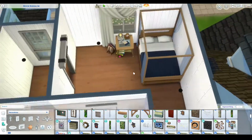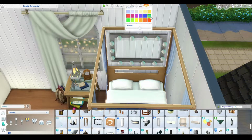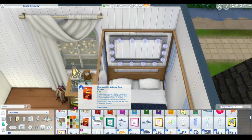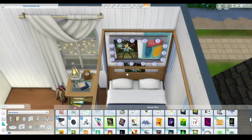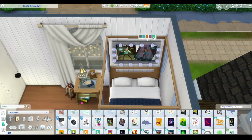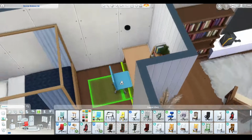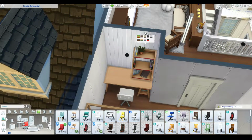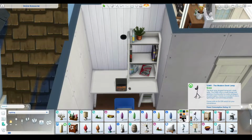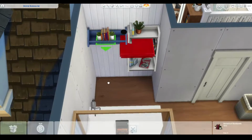But I like how this came out. It was very cute, but it almost feels like, I don't know, I vibe with this room. I would live in this room, honestly. But, yeah, so I put lots of posters in here, and I originally wanted them to be in photography, and then my partner suggested one of the kids is a book nerd. I was like, oh, perfect. I'm really into books right now. Why not? So, yeah, I had fun just putting a lot of book clutter in here, since we do have